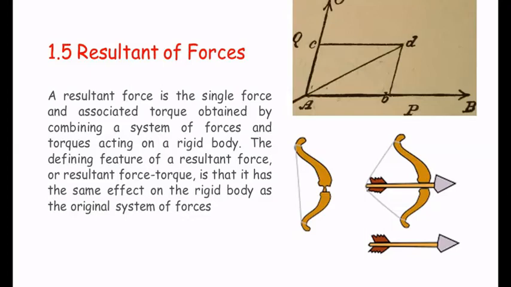Now you are going to see the bow. Now bow is the combination of system, right? Bow and arrow is a combination of system. In the bow there are two components. One is the wooden part and another one is a thread. This is the combination of system. We have to generate a torque from this system.